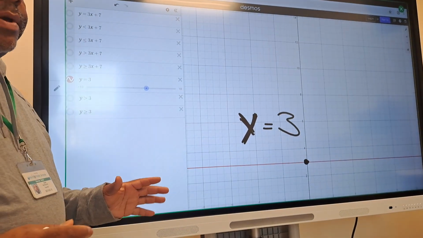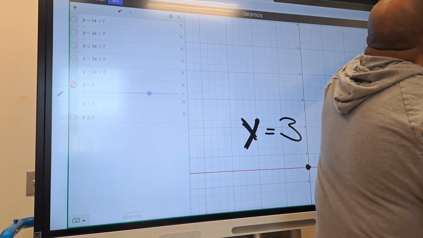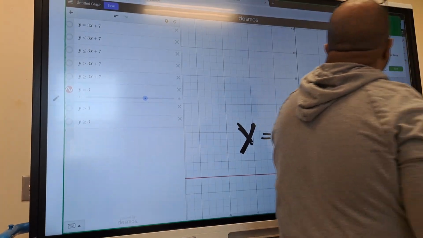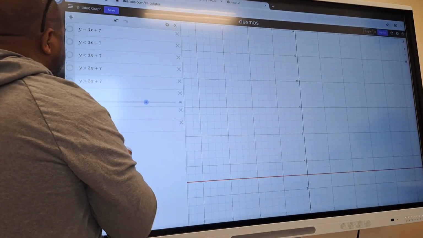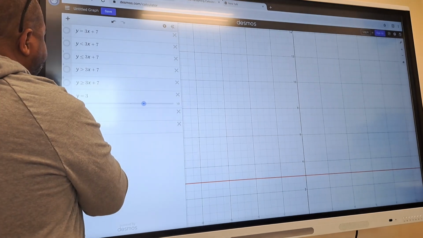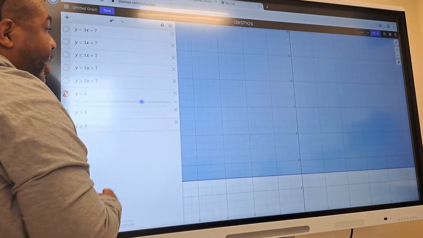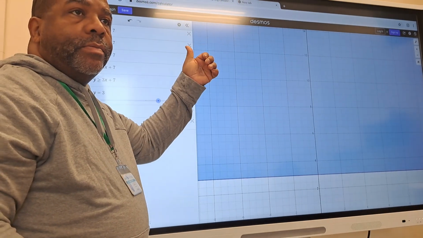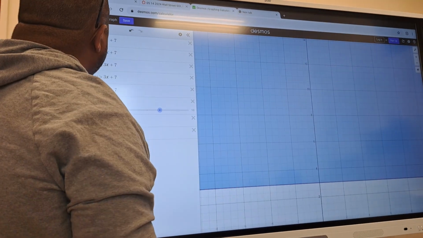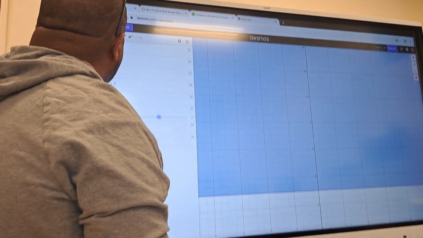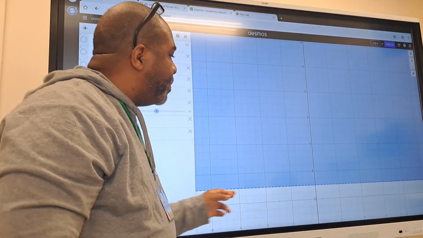Right? So that's a linear equation. How do we shade that if it's an inequality? Well, if it's y is greater than 3, we shade up. Now, what type of line is it? It's a